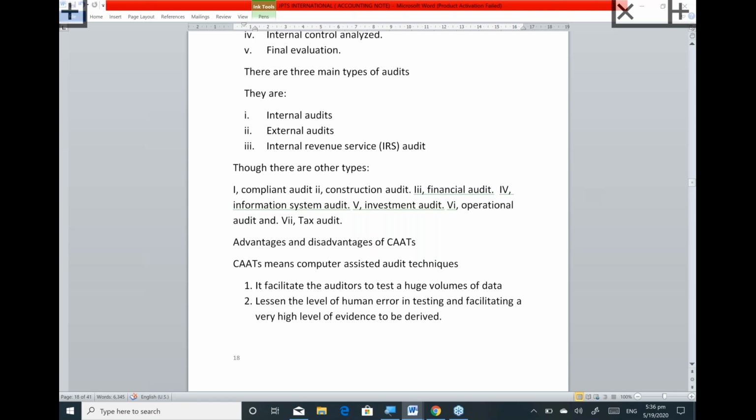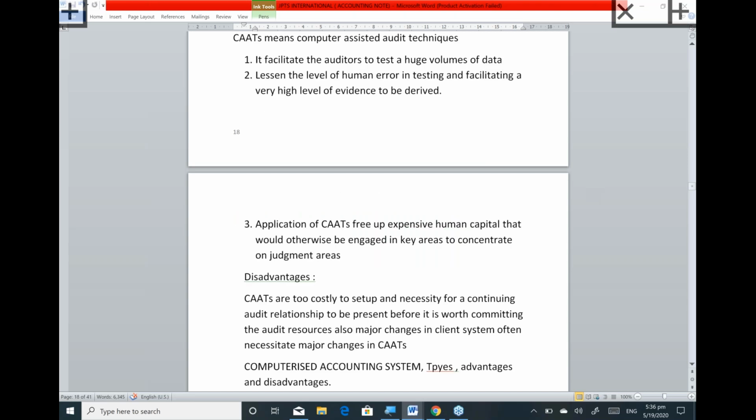So when we talk about computerized accounting system, we talk about software programs that can be stored on a company's computer, network server, or accessed remotely via the internet. So it can be connected to the computers, the network server, or remote access via the internet. You use the internet to do a lot of things.